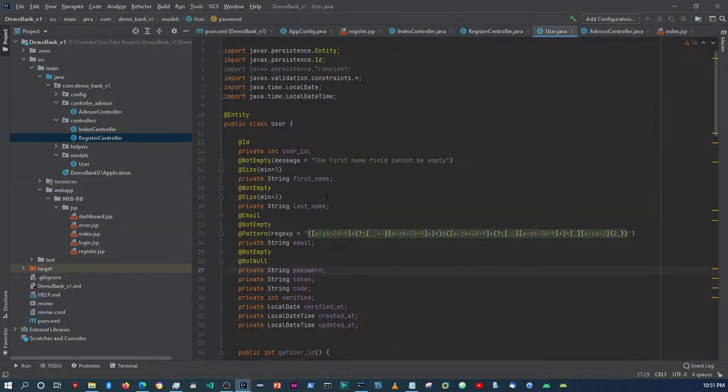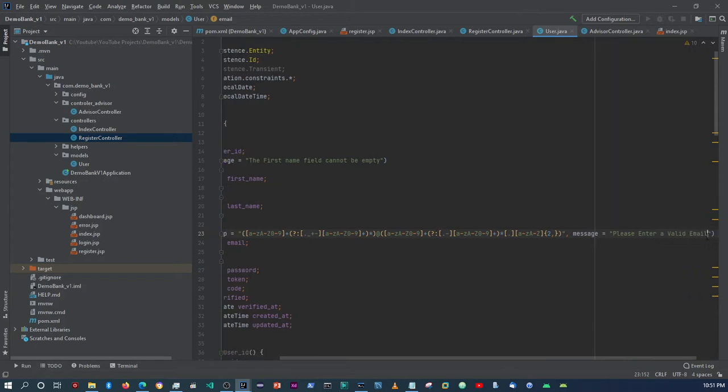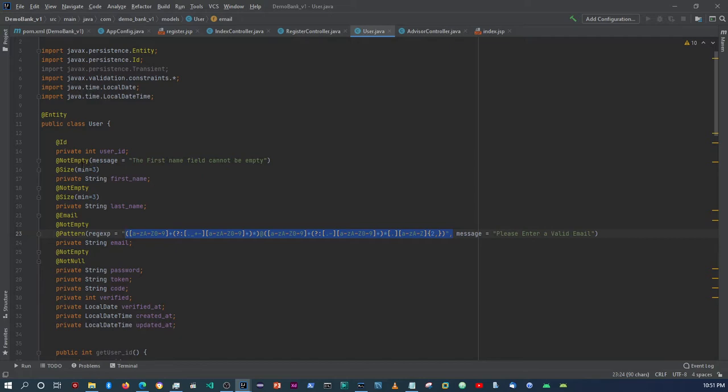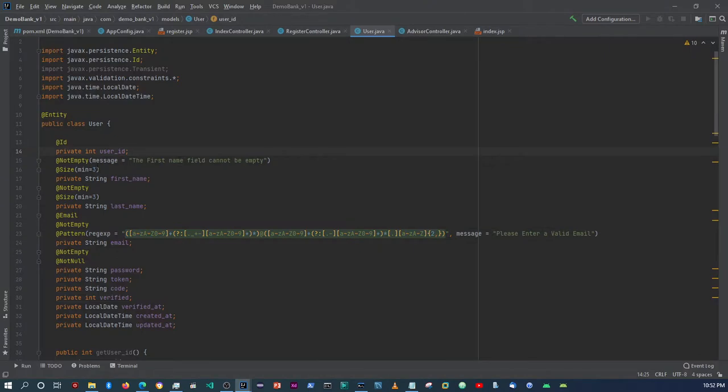So now the one thing I need to do is clean up all of those annotations. So let's go here. The first thing is I'm going to set a message here, and say please enter a valid email. So it's going to show this message rather than this expression that we set up here. All right, and then I just want to double check. For some odd reason, the first name field cannot be empty. The size must be between 3 and